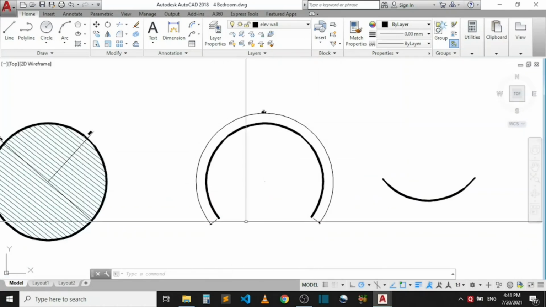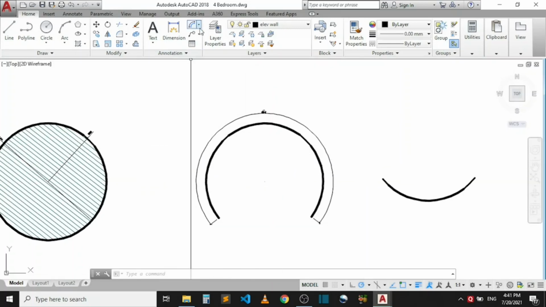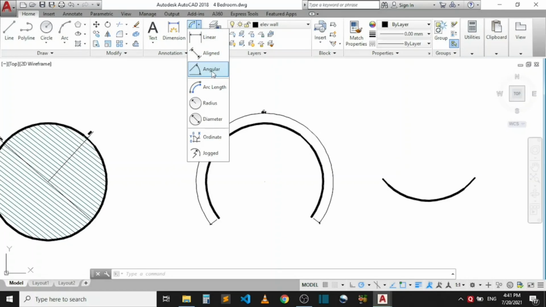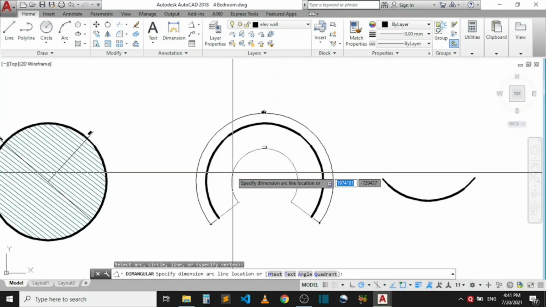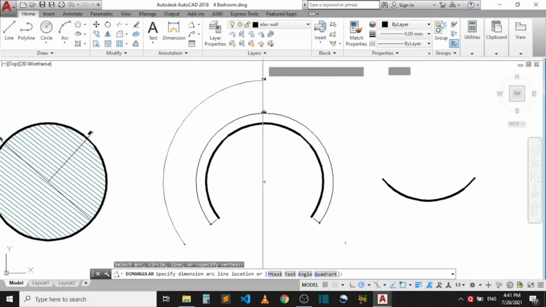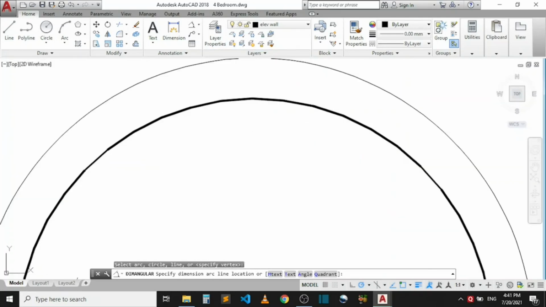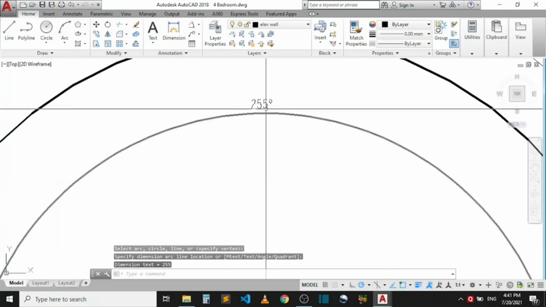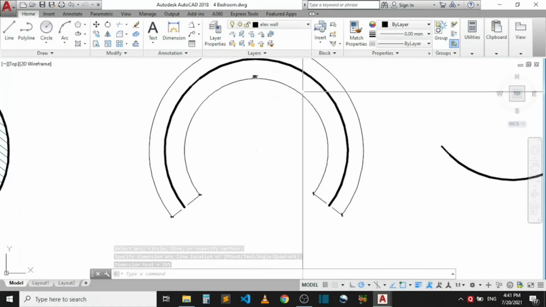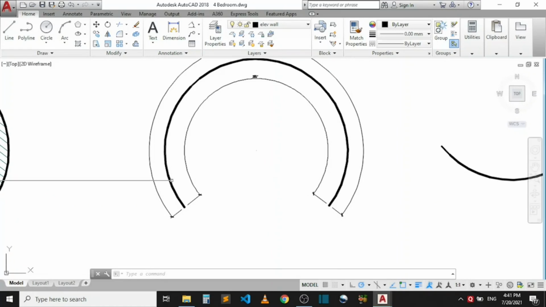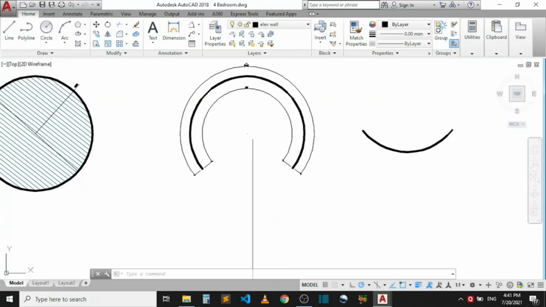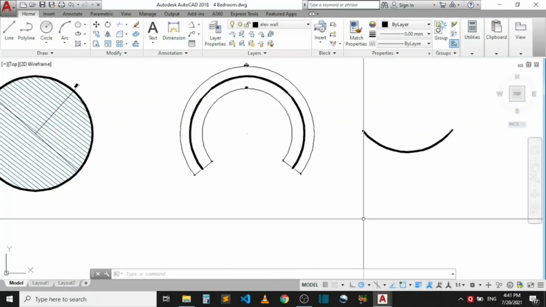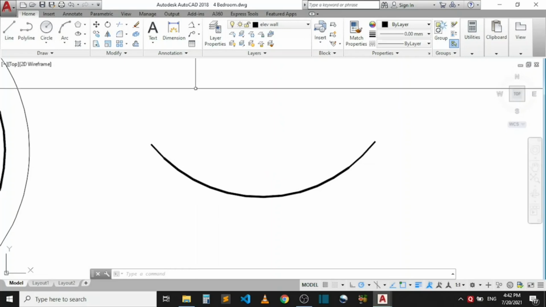I can also find the degrees, that is, how many degrees this arc spans, by coming to this place and looking for the angle. I click on angular dimension, then click on the arc again like this. Just come either inside or outside, it's still the same thing. Let me come through the inside and click on it. So it's 255 degrees. That means from this point right to here is 255 degrees, assuming we have a line passing from this side down to the middle and coming right away like this.